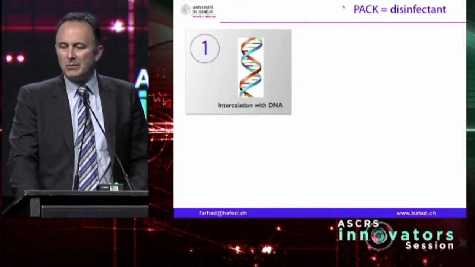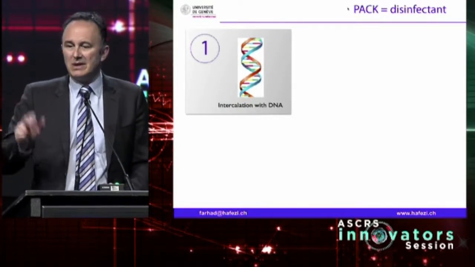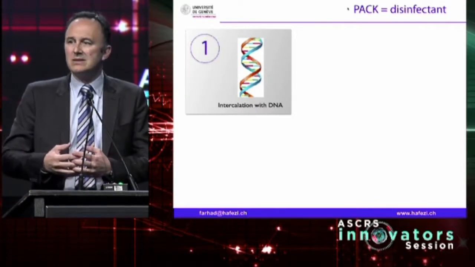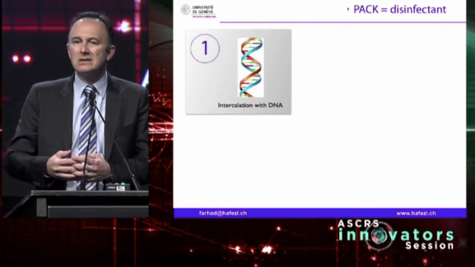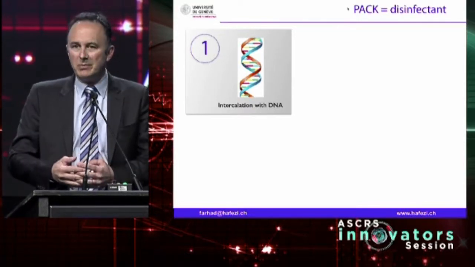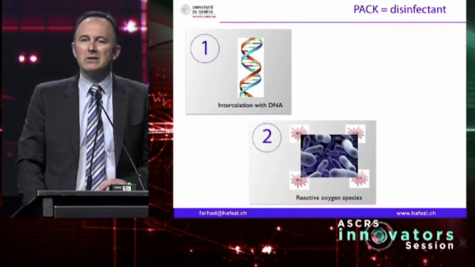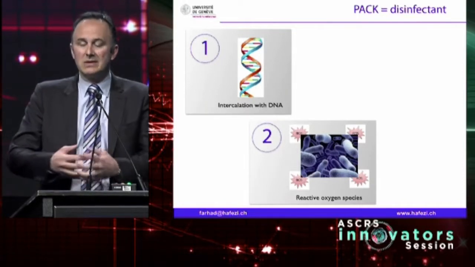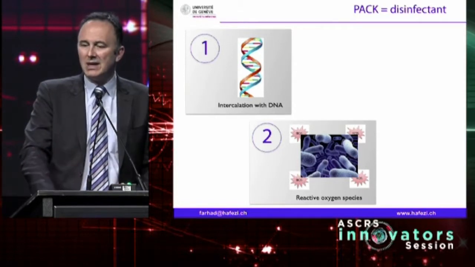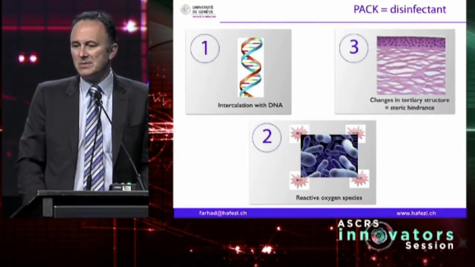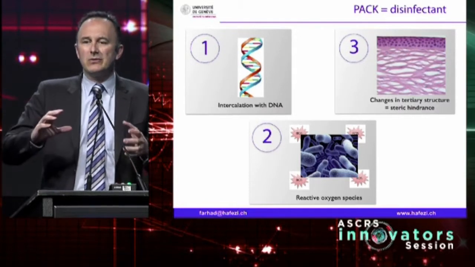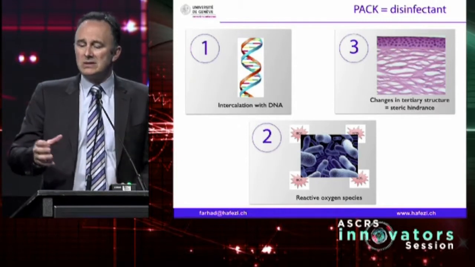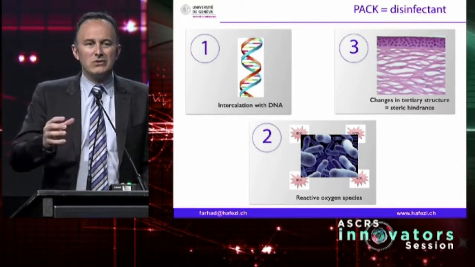The proposed mechanisms of action are threefold. On one hand, the photoactivated chromophore might intercalate, so irreversibly bind to the nucleic acids of the pathogen and suppress replication. It might also create such a huge amount of oxidative stress at a time that this disrupts the cell walls of pathogens, and this is an effect that has been known for quite some time. The cross-linking effect changes the three-dimensional aspect and structure of the collagen fibers, so collagenases have a harder time to dock to the cleavage sites.